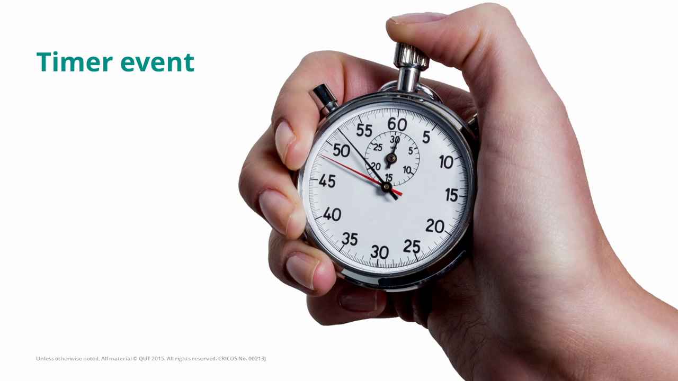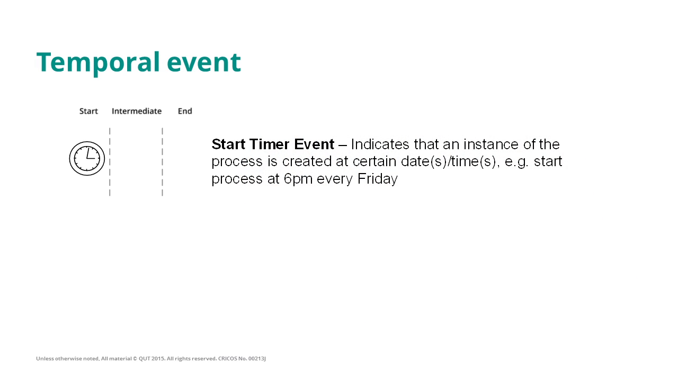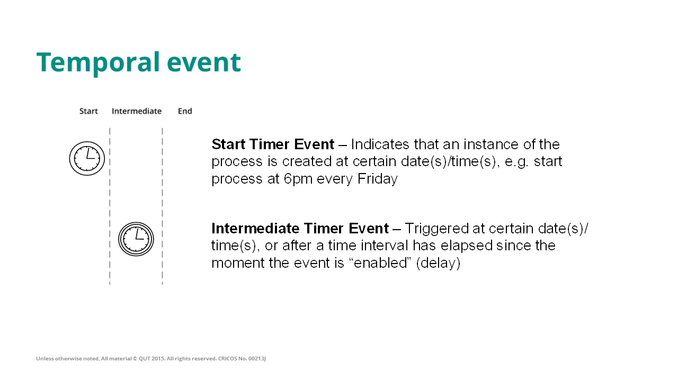The timer event is utilized to capture temporal events that occur in a business process. And there are two variances: the start timer event, represented with an empty clock, and the intermediate timer event, represented with an empty clock inside an intermediate event itself. The start timer event is used to capture timer triggers, so processes that start upon the occurrence of a particular